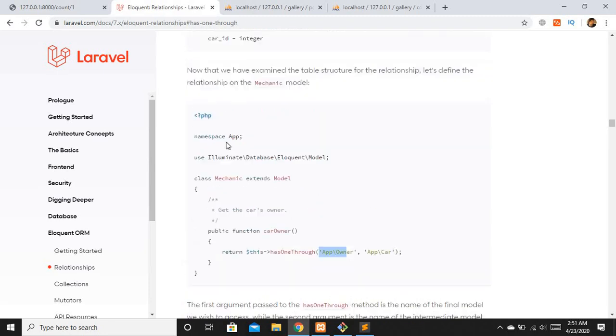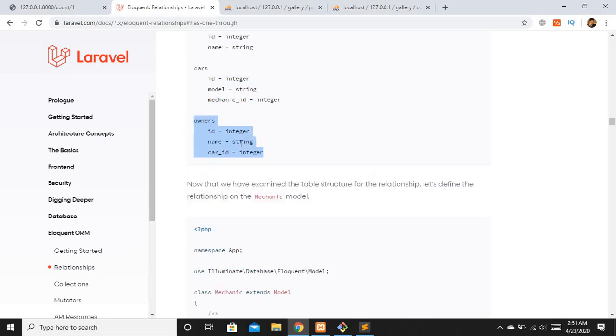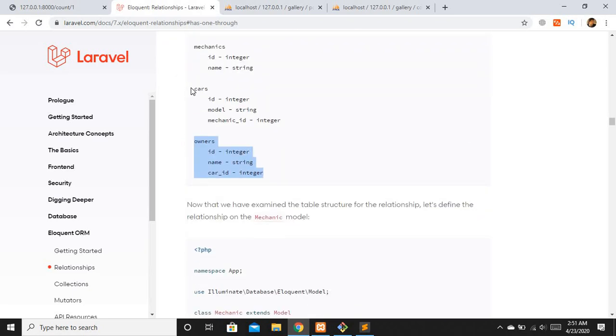Basically App Owner, in this case, is the model you are going to get data from, and there is a relationship between cars and owners. You have to pass this mechanics ID to this car table ID right here, and then you can easily get the specific mechanic's car owner. This relationship means that one car can only have one specific owner.